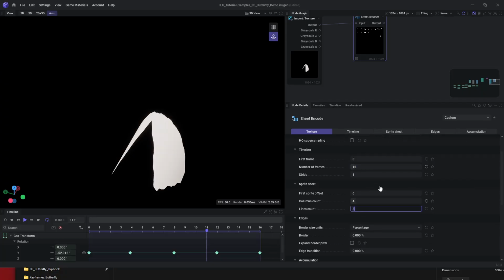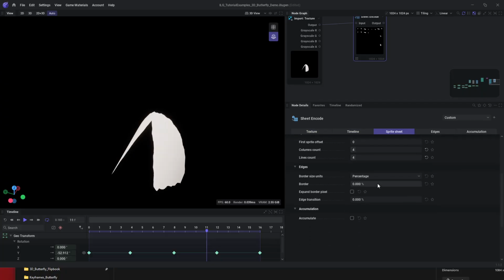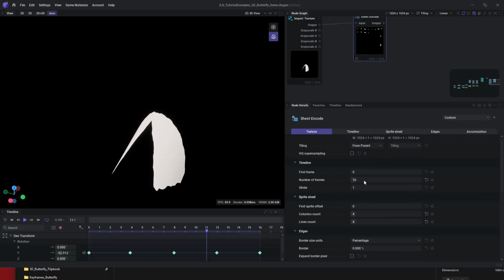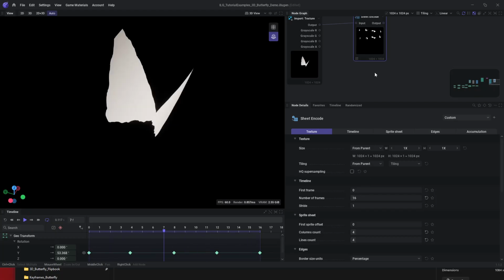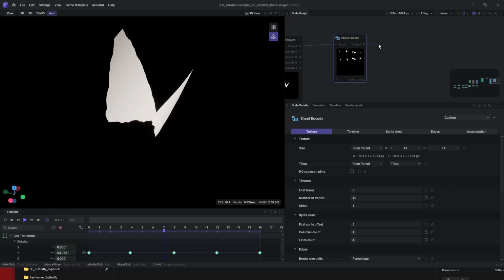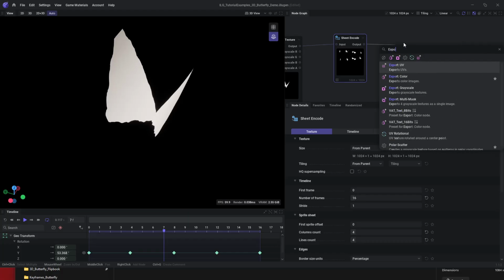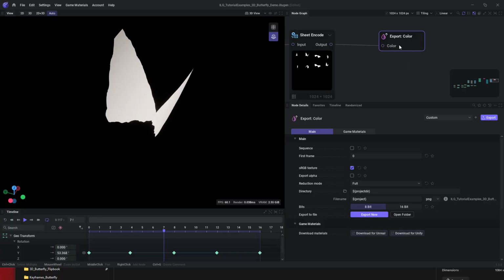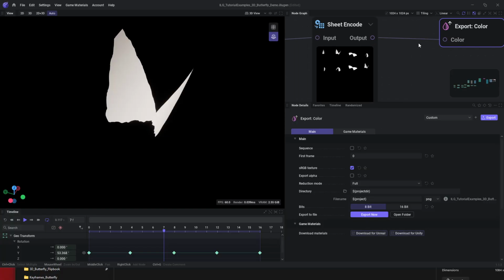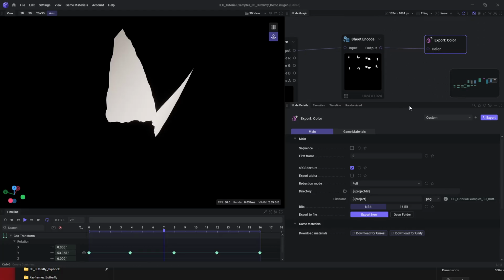Columns gonna be 4 because 4 by 4 equals 16, and then press spacebar to render this out. Yeah, and then you wanna export this because, well, it's what you want. Export color because it's a color you see over there, and then